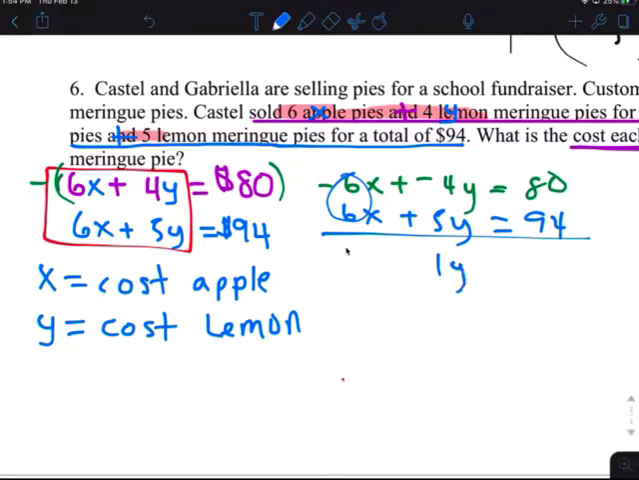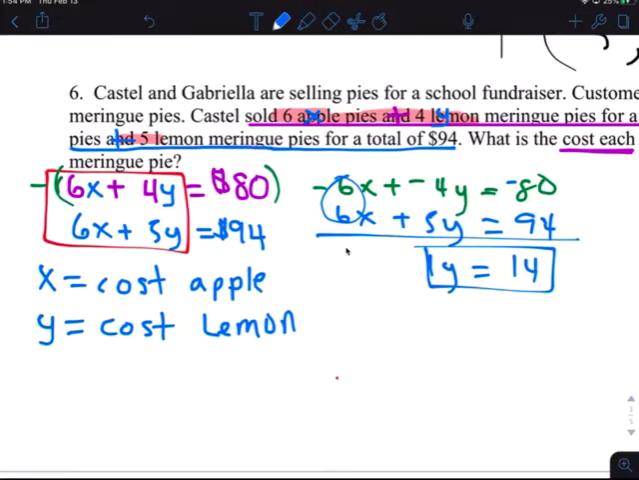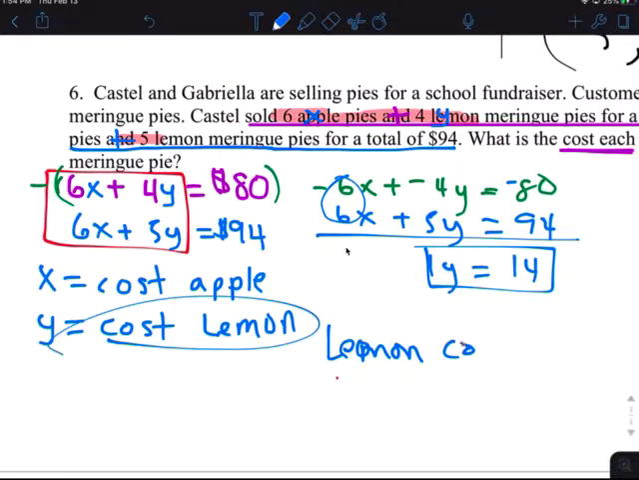That's 1y equals, that's a negative, so that's 14. Divide by 1, it stays 14. y is the cost of lemon, the lemon meringue pie, cost $14 each. Okay, and to find what apple